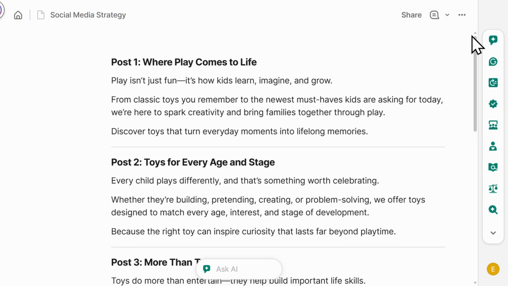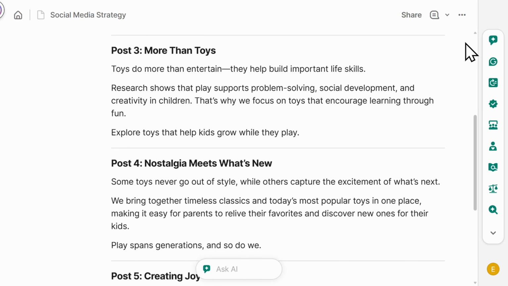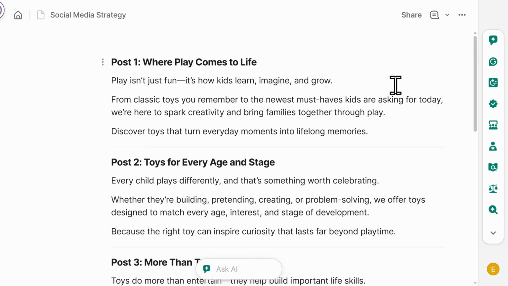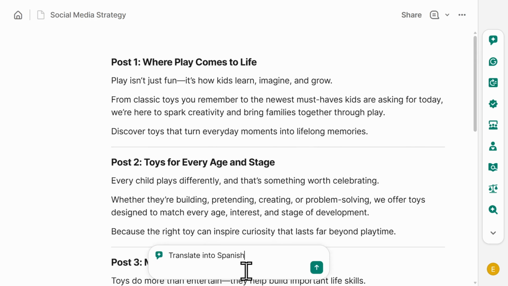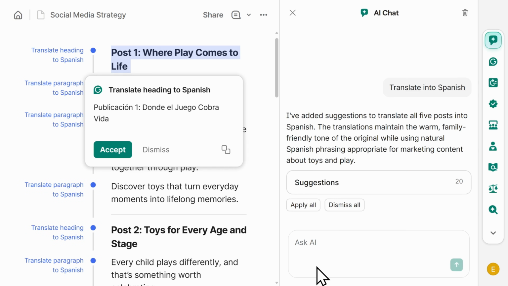Great news! I was able to secure the contract with Jason, and now it's time to start delivering. As part of this project, I've written some suggested social media posts. Since the company has a strong presence in Latin America, I would like to offer this in a Spanish option as well. I can ask my chat assistant to translate this document into Spanish. And now I just need to apply all,